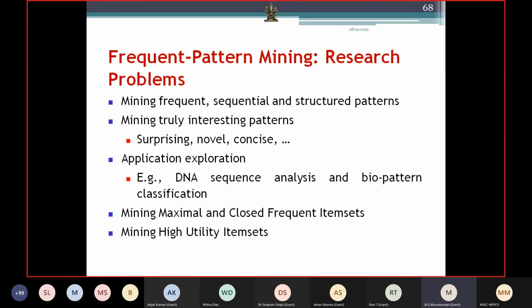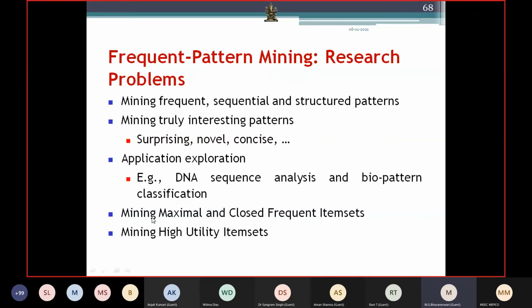There are various research areas here. So we are having sequential pattern mining. It is a very important one. In frequent item set mining, we will not give importance to the order of the items. Bread and milk is similar to milk and bread, right? Whereas in sequential pattern mining, both are different. Bread milk is different from milk and bread. So wherever the sequence is going to be important, like in DNA analysis, the sequence will be very important. In such cases, we can go in for sequential pattern mining.